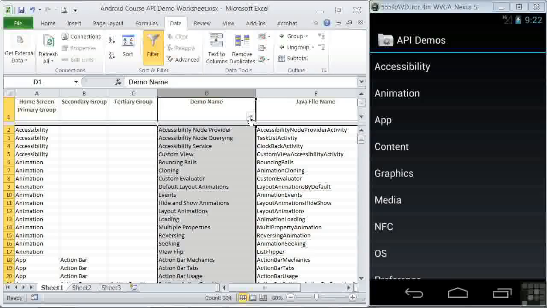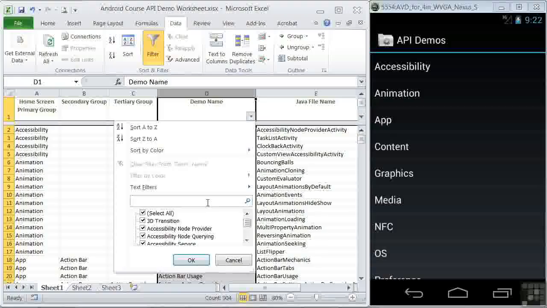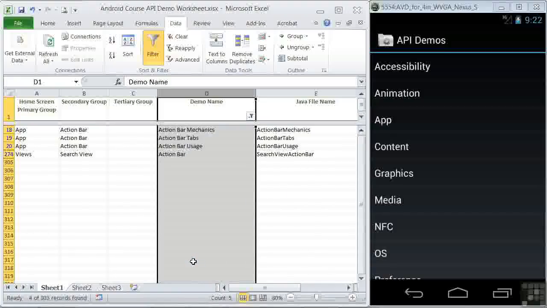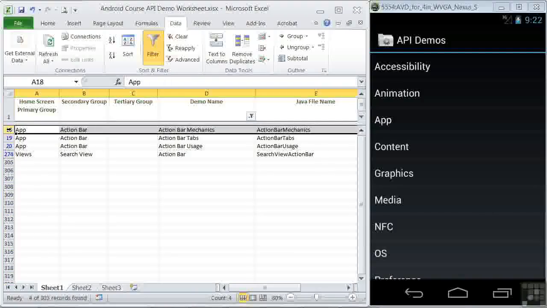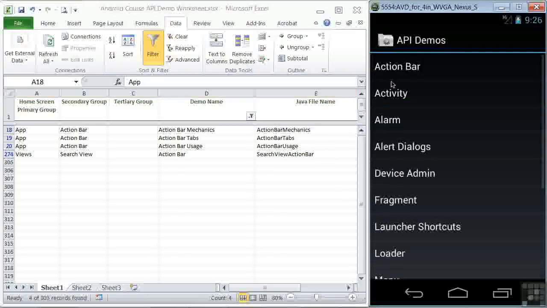So in the demos worksheet, let's filter the demo name for action bar. And we find 4 entries. And let's look at the action bar mechanics demo on line 18, which has a Java name action bar mechanics. Let's fire it up in the emulator. We'll click on App, Action bar